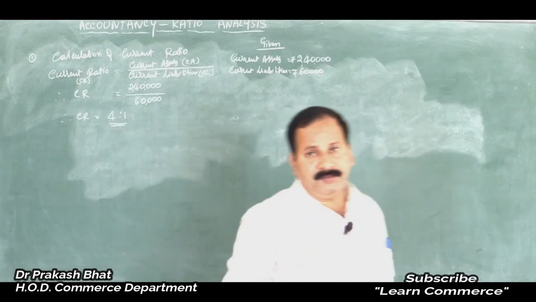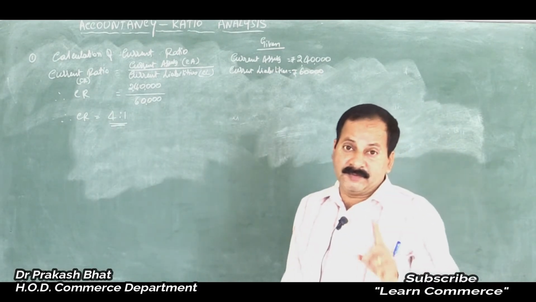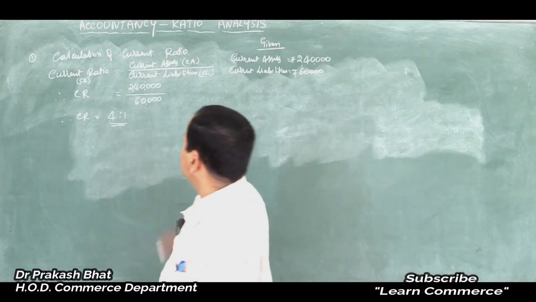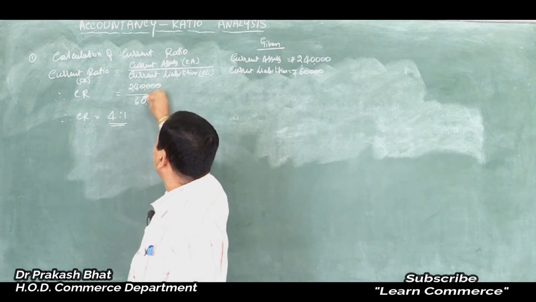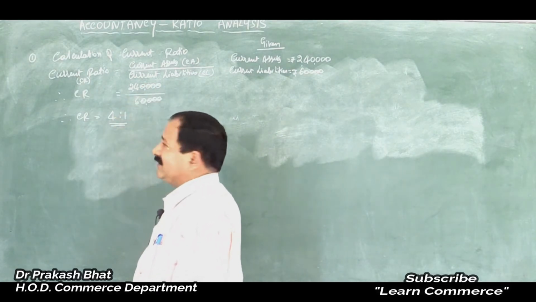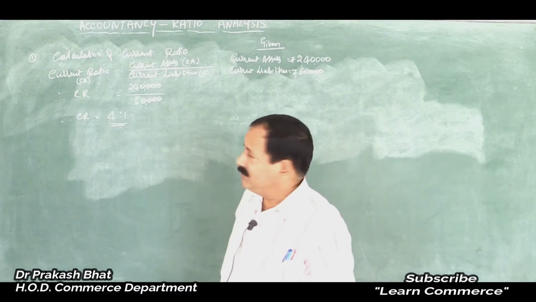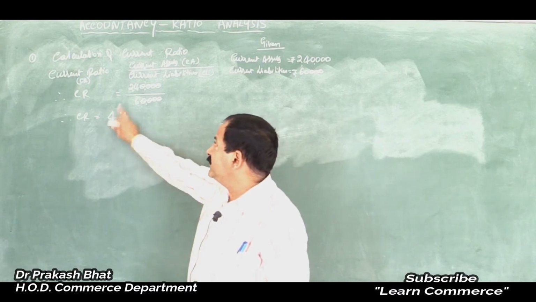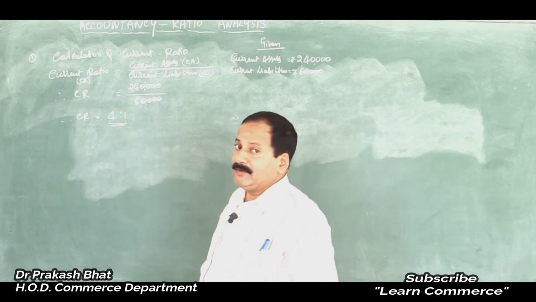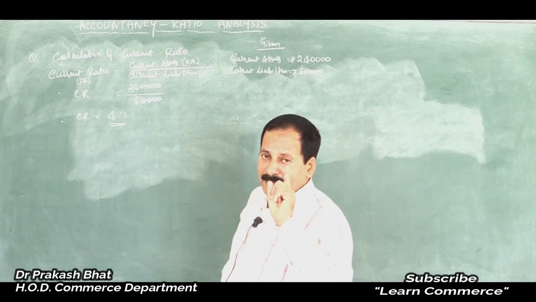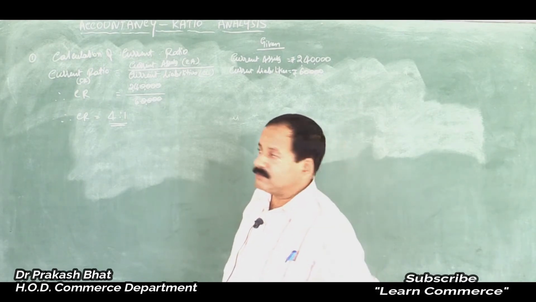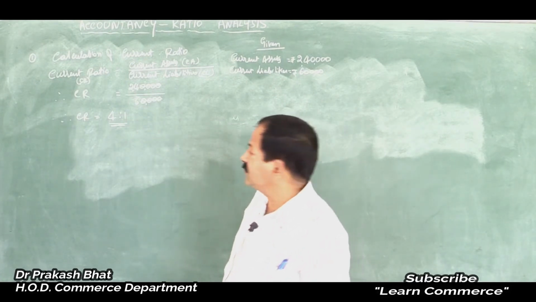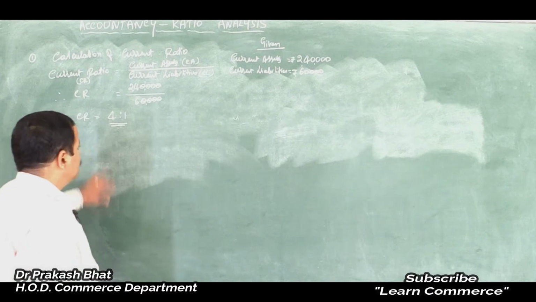Don't write only 4. If you write 4, you may lose 1 mark again. Remember, 6 fours are 24. Or cancel the zeros: 4 zeros are there, cancel 4 zeros. 6 fours are 24. Very easy, right? No need of a calculator here. So 4:1 you have to write. Because when current assets are 4 times, current liability will be 1 time. Current liability 60 means current assets 2,40,000. That is what the meaning is. That's all.